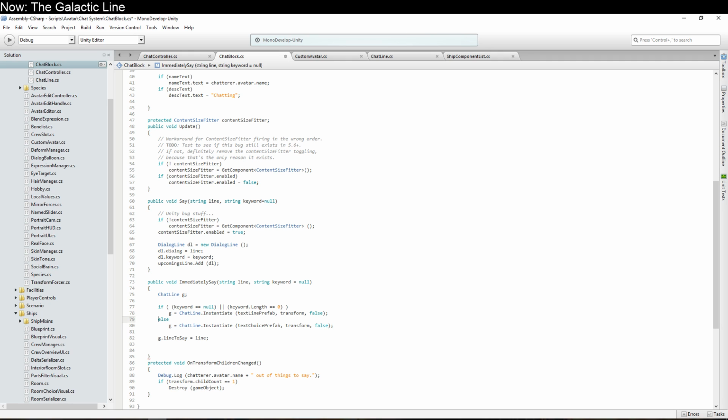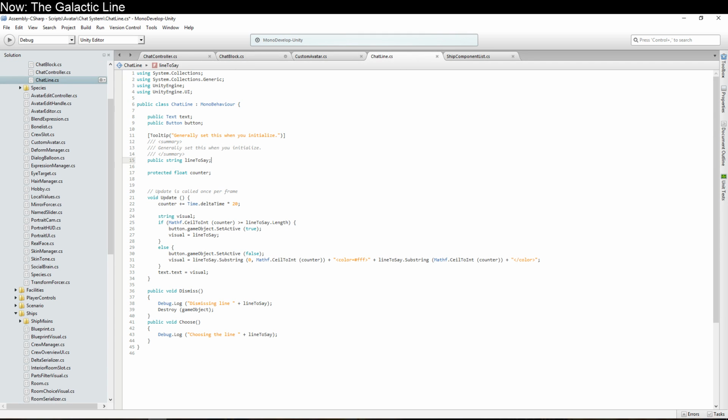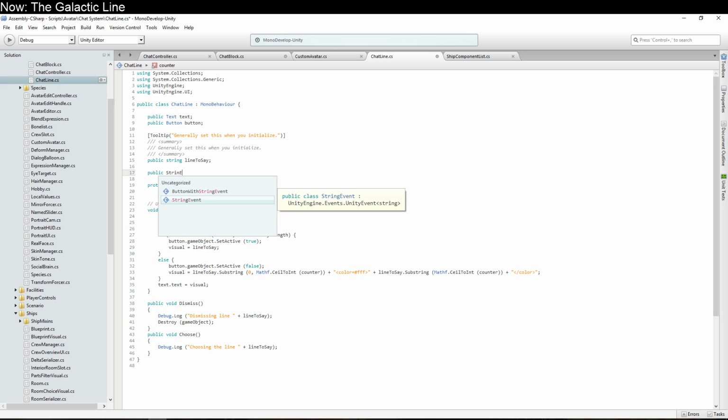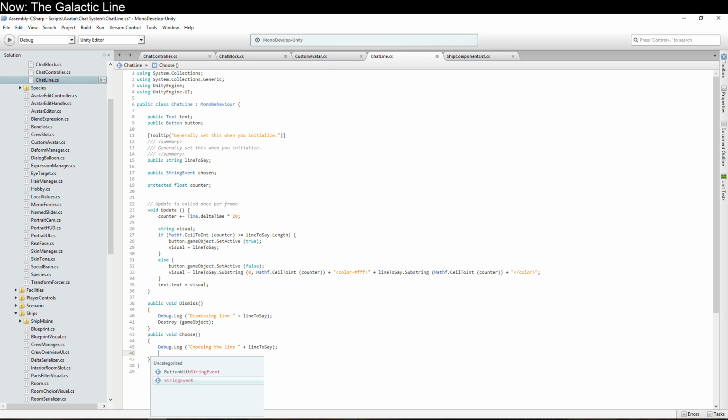Here it is. So boom, boom, boom. And then we're going to have to add in a new onClick. So to do that, well, we got a couple of options as to how we want to do this. What we really want to do is actually have a special case, not for the button, but for the line itself. So public string event chosen. We just say chosen.Invoke and